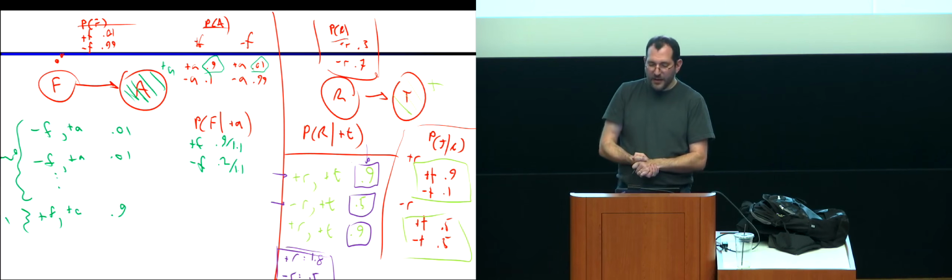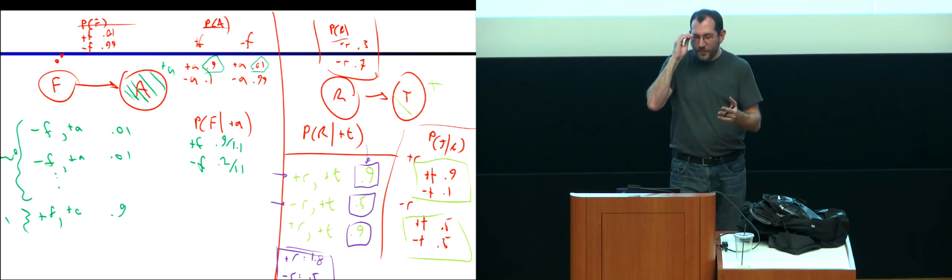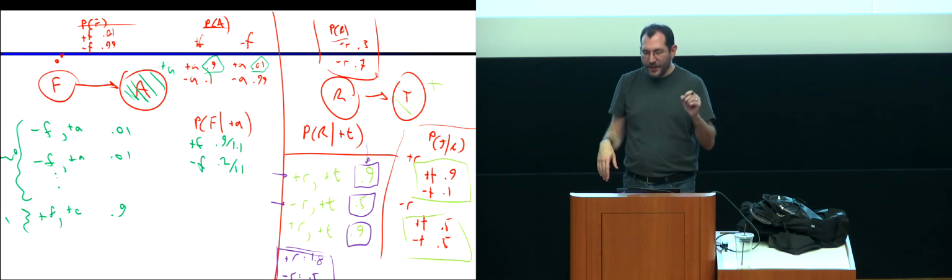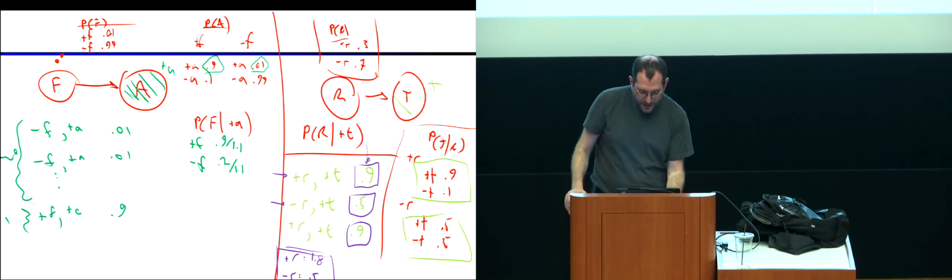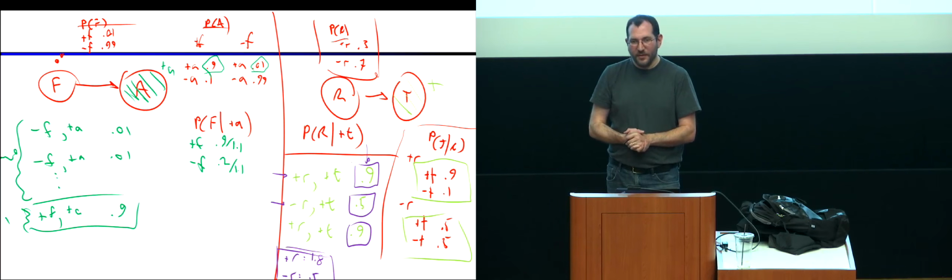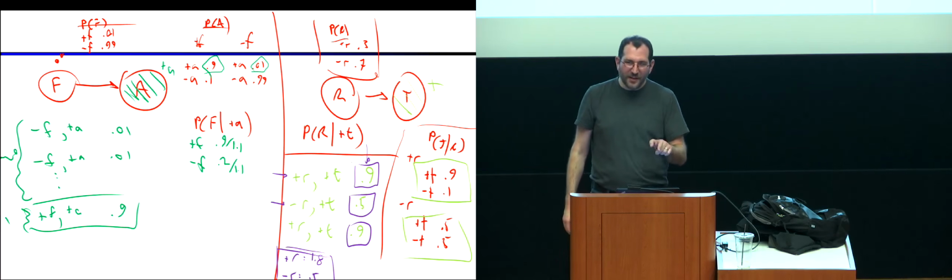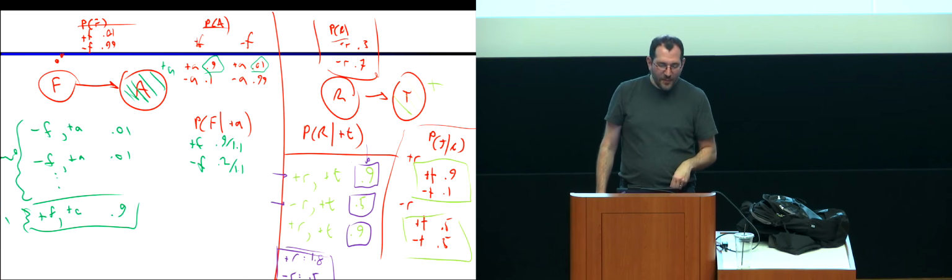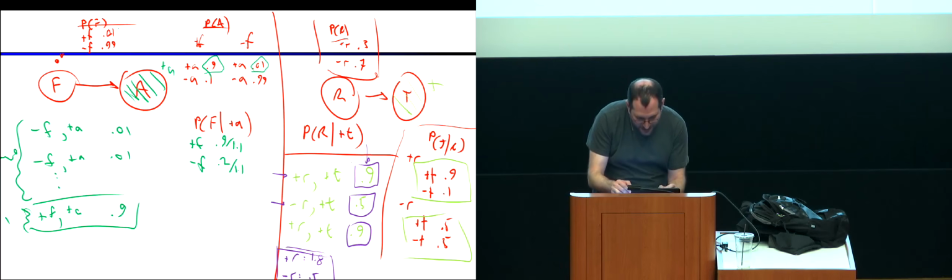But when I do that, I do actually end up with a probability of fire being high given alarm, even though it took a while for me to actually get a sample that looked like that, because my evidence was rare. So likelihood weighting will do the right thing in the end, but let's say I do this again, except